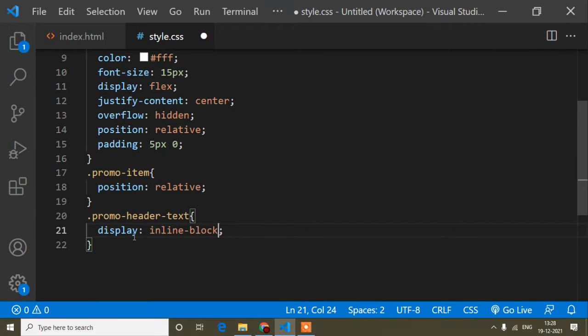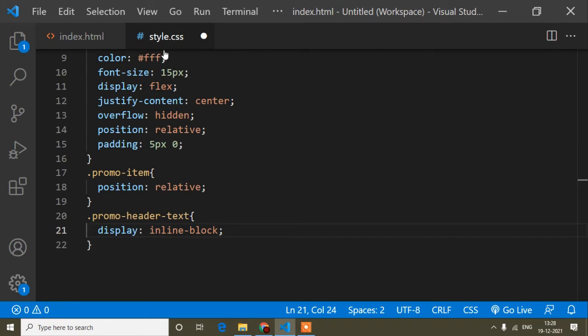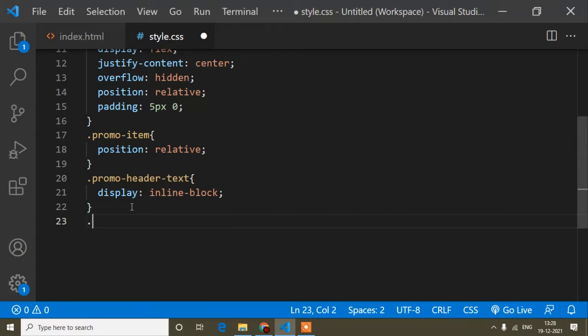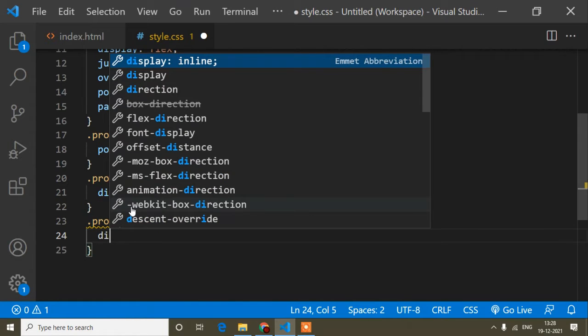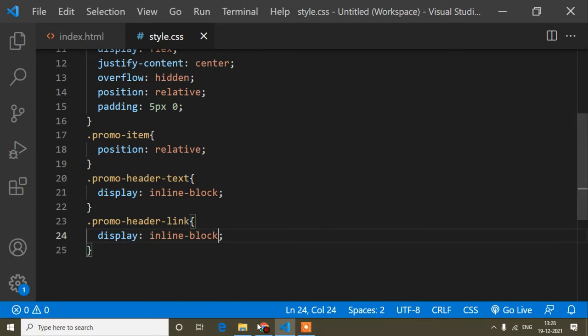I mean it will be inline, so this one and this one will be in the same line. So I will copy this and here I will also write display inline block. So save, and if I refresh, you can see this one is now in the same line.